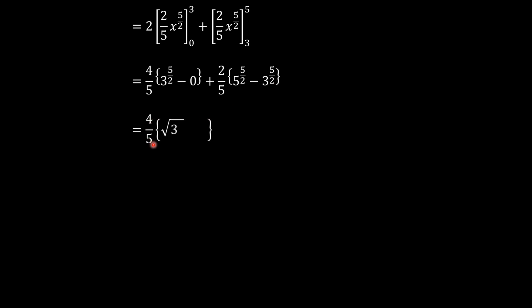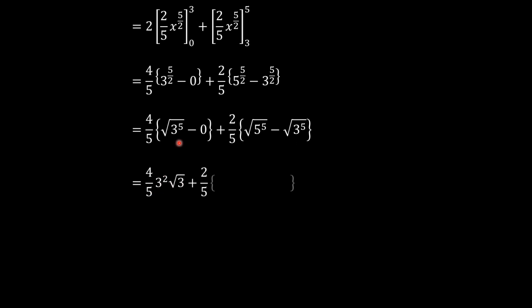So we have 4 over 5 times the square root of 3 to the power 5 minus 0, plus 2 over 5 times the square root of 5 to the power 5 minus the square root of 3 to the power 5. So we have 4 over 5 times, we can pull 3 to the power 4 out, so we have 3 squared out, times the square root of 3, plus 2 over 5. We can pull 5 to the power 4 out, so we have 5 squared times the square root of 5, minus 3 squared times the square root of 3. And this becomes,